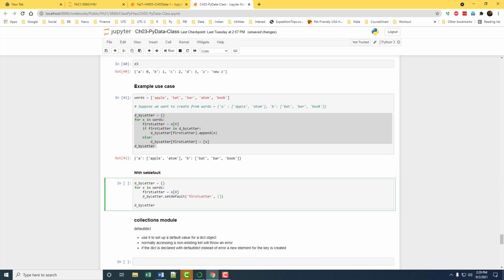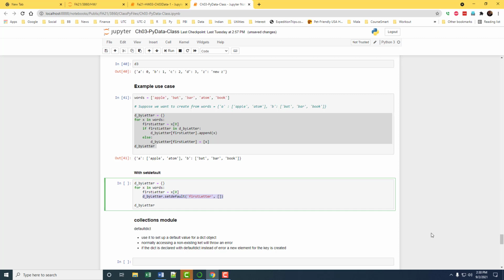Now what this will do is, if the first letter is not there in the dictionary, it will create a list. If it is there, then that means the list is already there, so it will give you that list back. In either case, this part will give you back a list. If the key is already there in the dictionary, it will give you the list of words that we have already added.